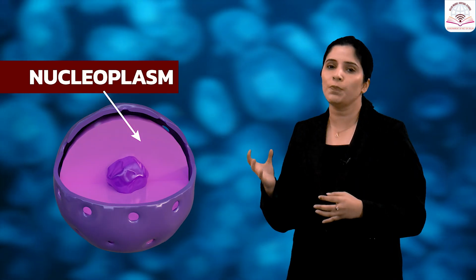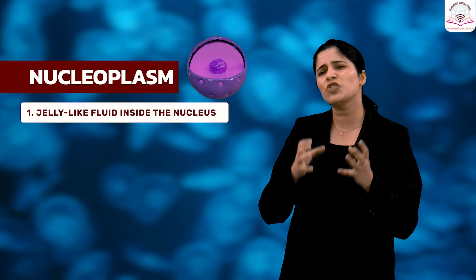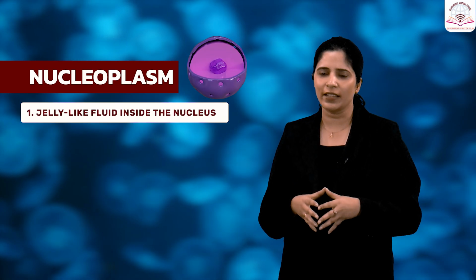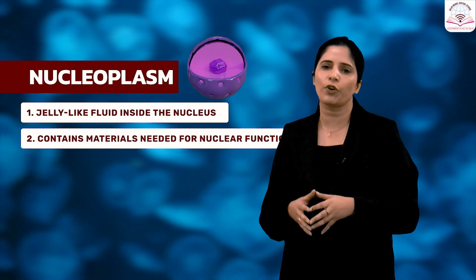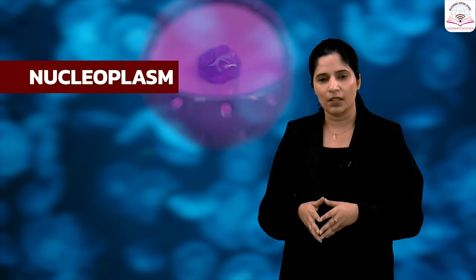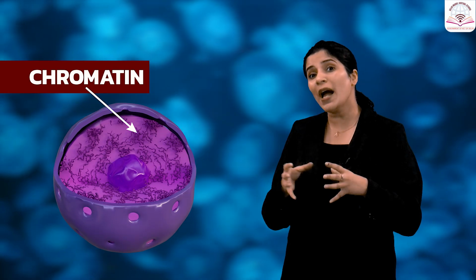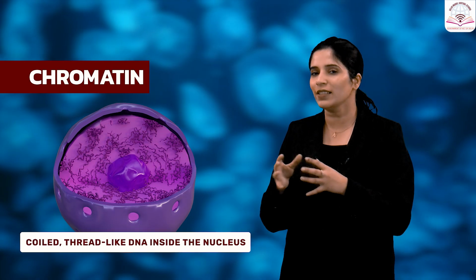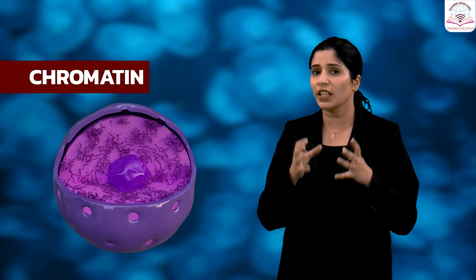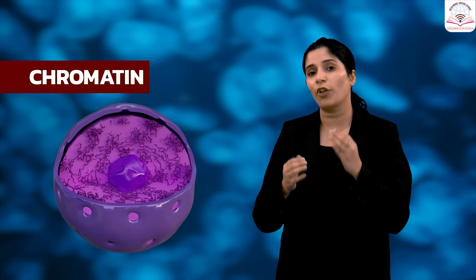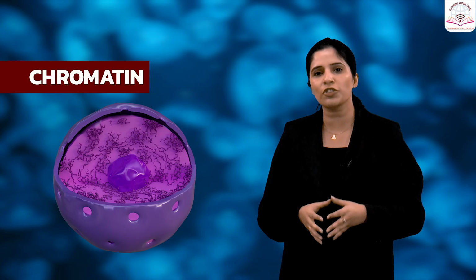Next is the nucleoplasm. Nucleoplasm is a jelly-like viscous fluid inside the nucleus. It has all the necessary materials required for the functioning of the nucleus. Next is chromatin. Chromatin is the coiled DNA present inside the nucleus. DNA is the genetic material which contains information and instructions on the functioning of the cell, its reproduction and its